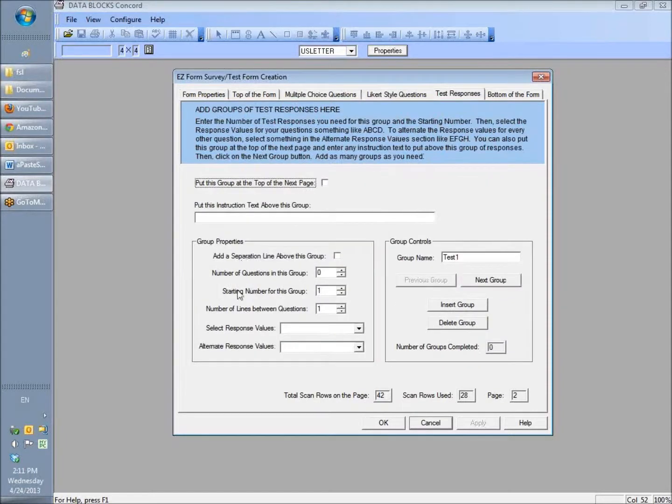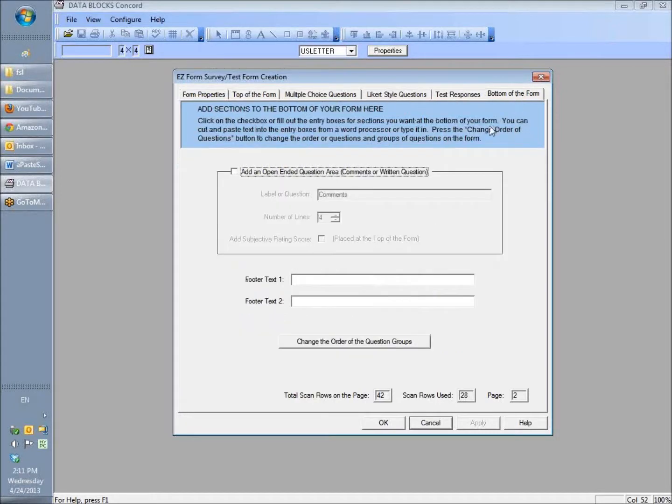We're going to skip test responses because this is for that testing type form, and we're not doing that kind of form, so we don't have any use for this tab. So once again, with these tabs, you only need to use what you need. We are going to add some things to the bottom. This is an area where you can add